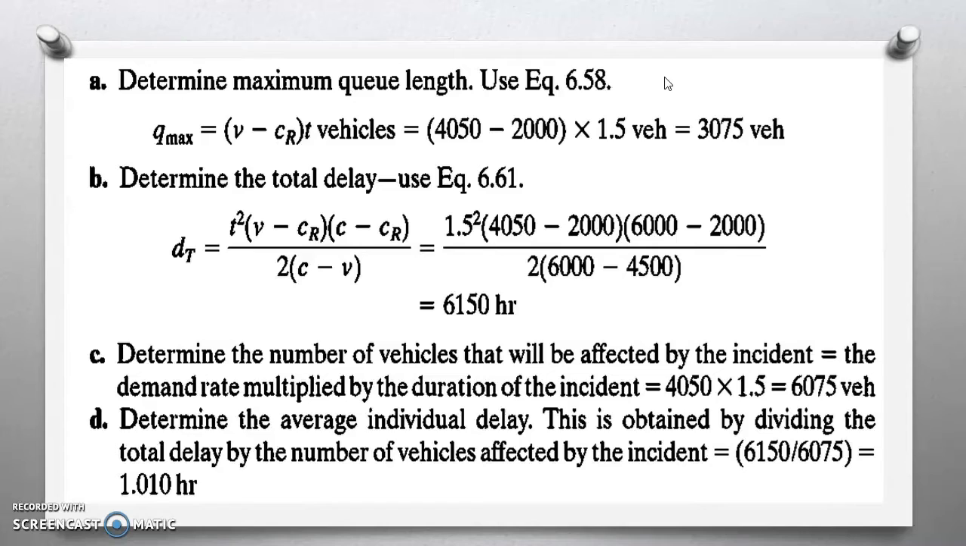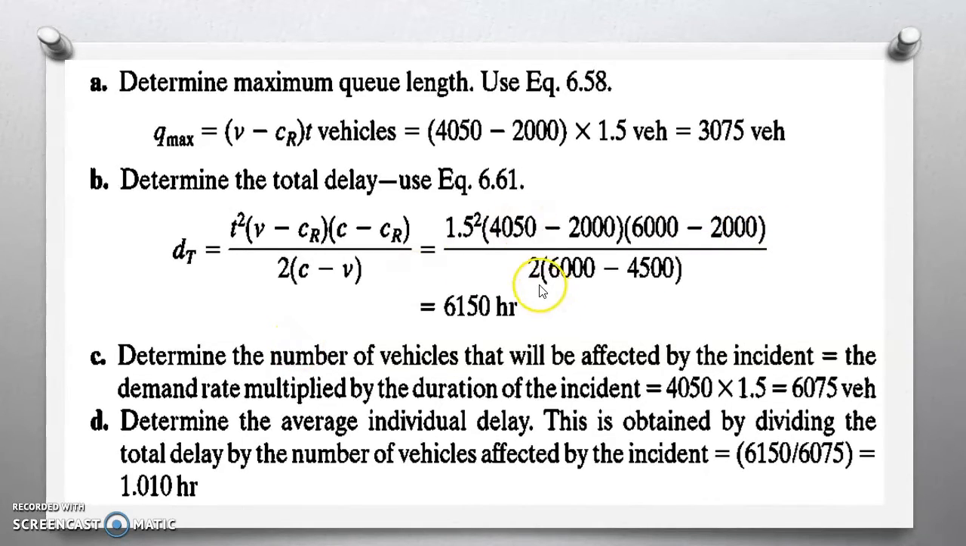dt is equal to 1.5 squared multiplied by quantity 4,050 minus 2,000. This 4,050 is the total volume stated in the problem, while this 2,000 is the reduced capacity, multiplied by 6,000 minus 2,000. 6,000 being the capacity of the highway and 2,000 is the reduced capacity, over 2 multiplied by 6,000 minus 4,050. This 4,500 here is an error in the book, but I substituted it with 4,050, but they have the same answer, which is